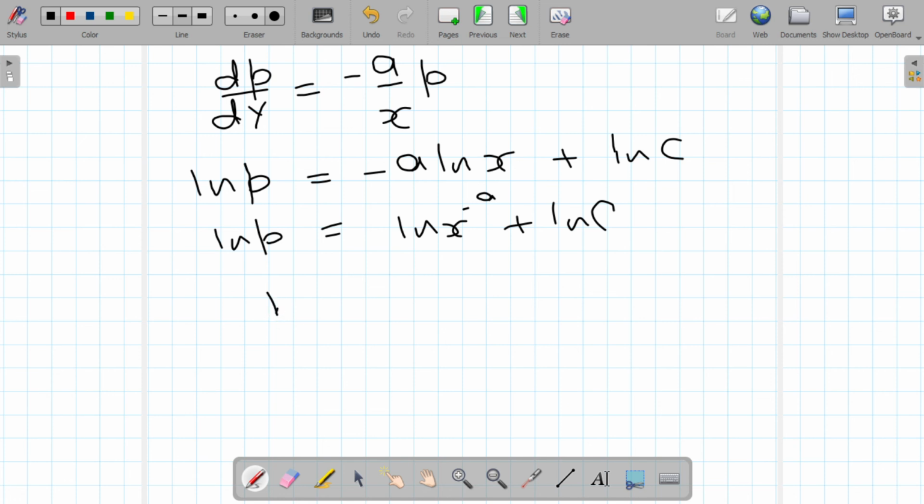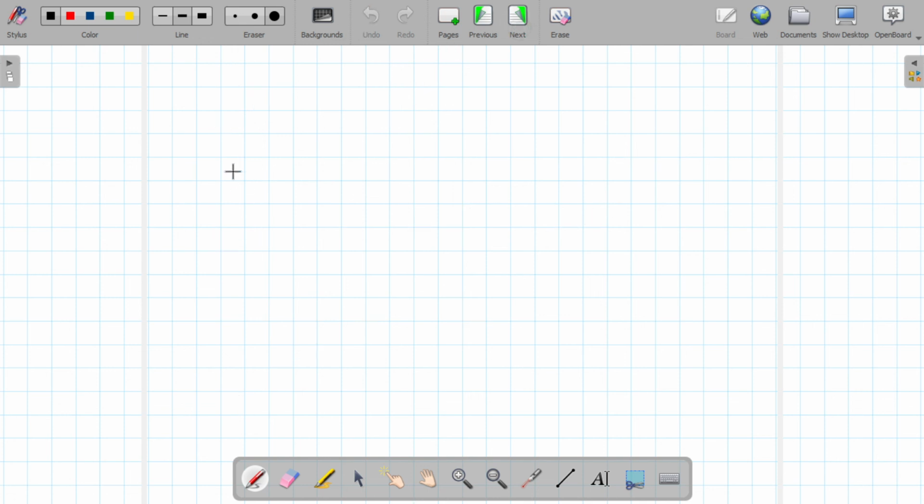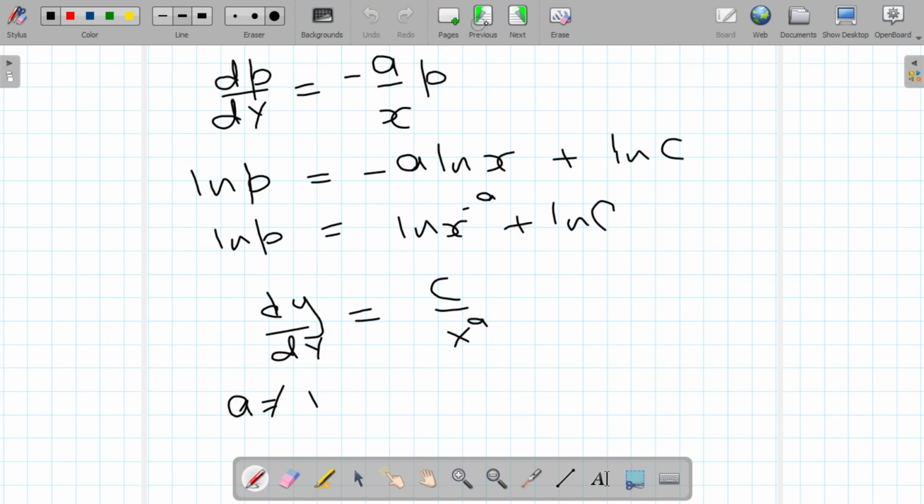So what we've got is dy by dx equals c over x to the a. So I really should have gone back to a different equation. So when a is not equal to 1, what we do is, and we'll go on to another page to do this,